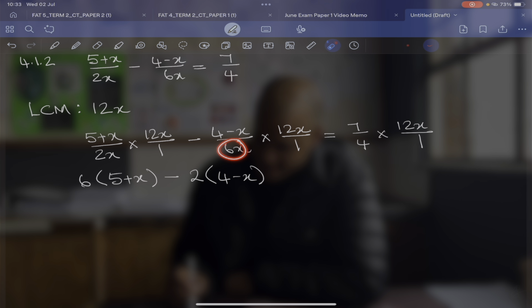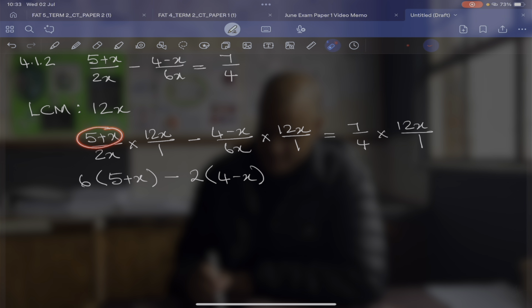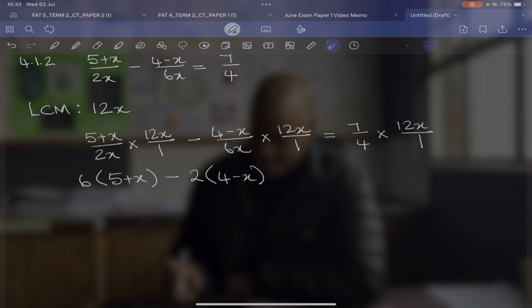My 6x divided into the 12x, and out popped the 2, keeping the negative sign that was in front of that. And of course, making sure that I include brackets now, because my answer to these divisions is standing outside of what was there in the first place. So 6 multiplied by the bracket, and here we've got negative 2 multiplied by this bracket,